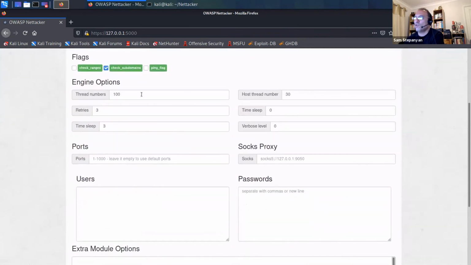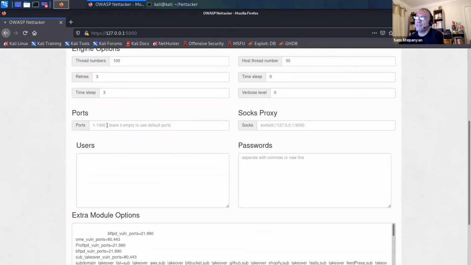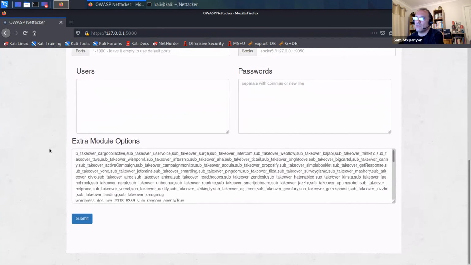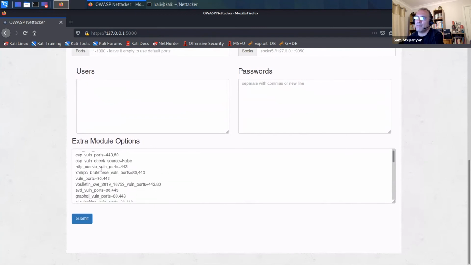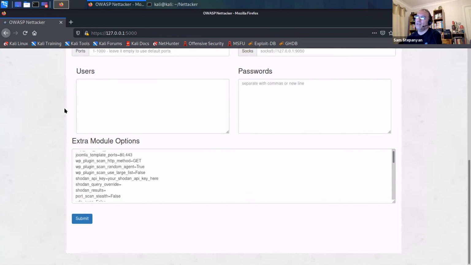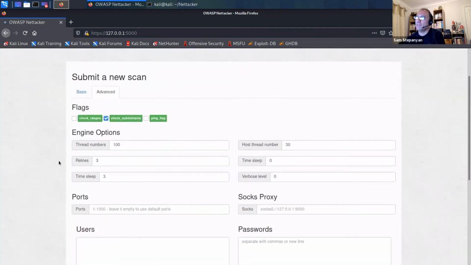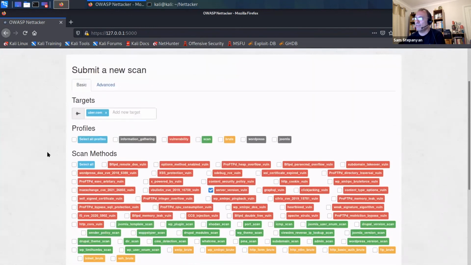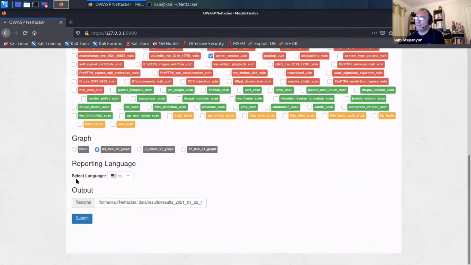And we can change our thread numbers and host threads per number. There are some other parameters like specific port numbers, a SOCKS proxy service if we want to use SOCKS, and some extra modules, extra module options as well. So each module can take some other parameters, and if you use the command line, you can find them in the usage, but in the web UI they're shown here. And that's basically it. I just want to perform a scan on uber.com using server version vuln, and that's it,